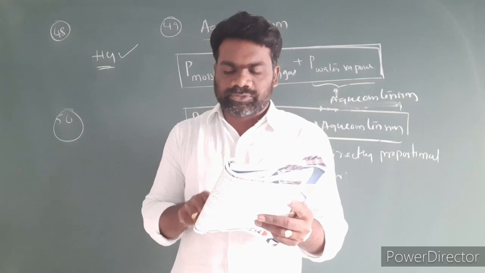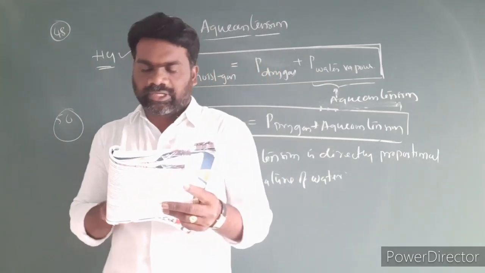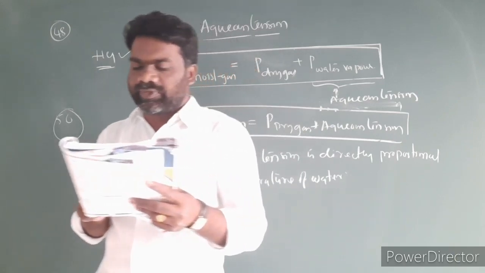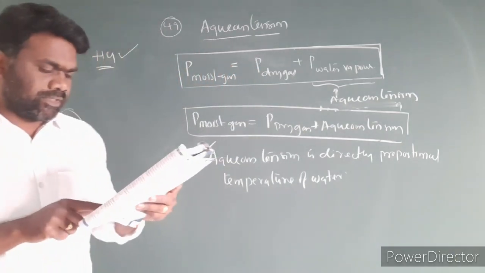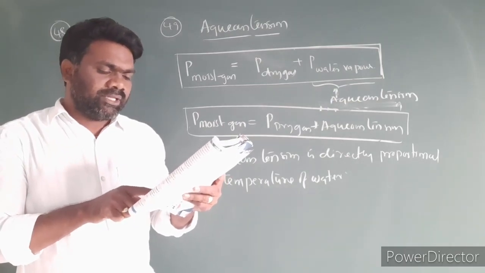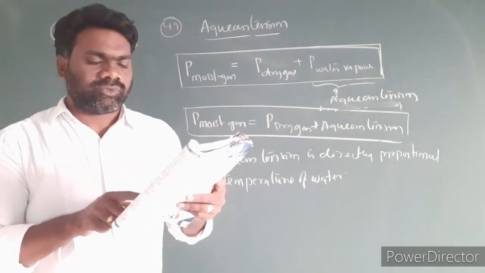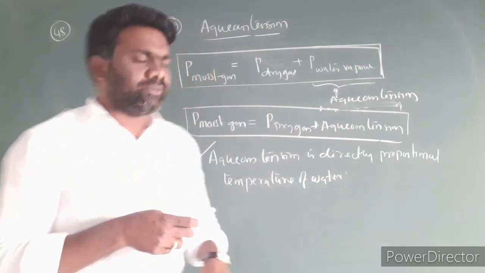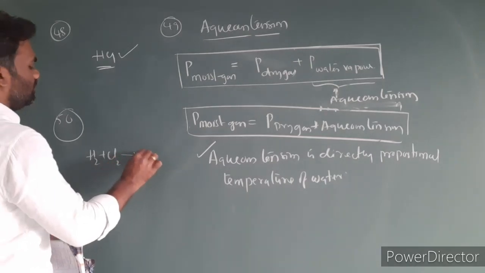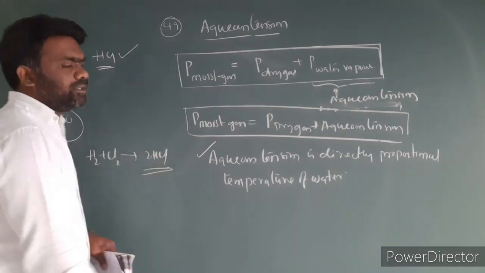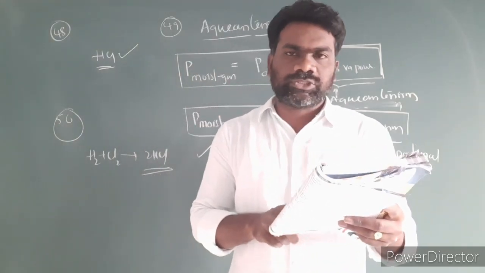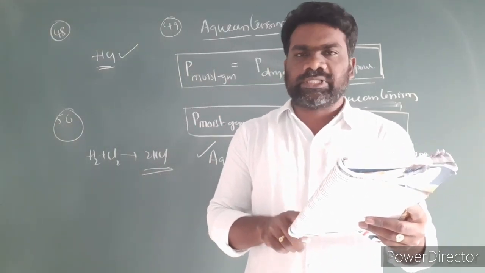Among the given options, which gases do not react? For those we can apply Dalton's law of partial pressure. Which gases will react? In that case, we cannot apply Dalton's law. So Dalton's law of partial pressure will not apply to which of the following mixtures? H2 and SO2: they cannot react. H2 and Cl2: hydrogen H2 plus Cl2 gives 2HCl. So they are reactive gases. Hydrogen and chlorine react to form hydrogen chloride. H2 and CO2 cannot react. CO2 and Cl2 cannot react.